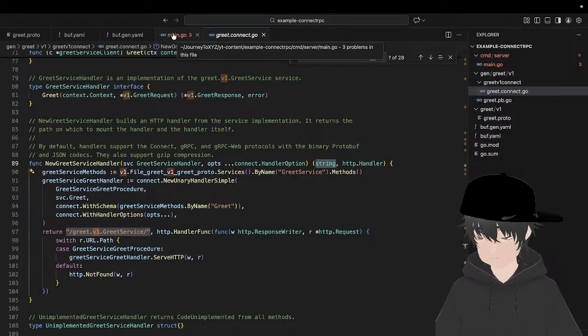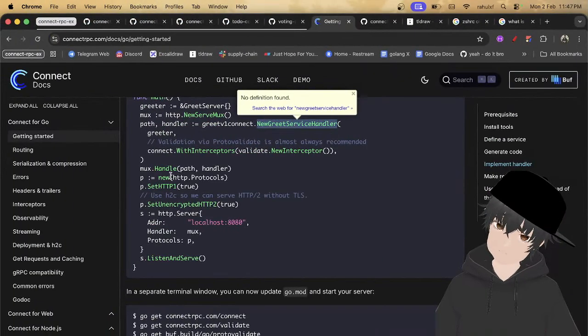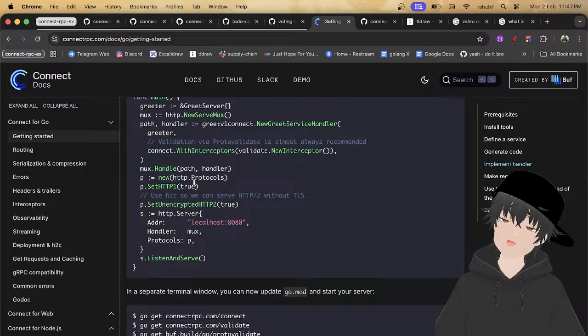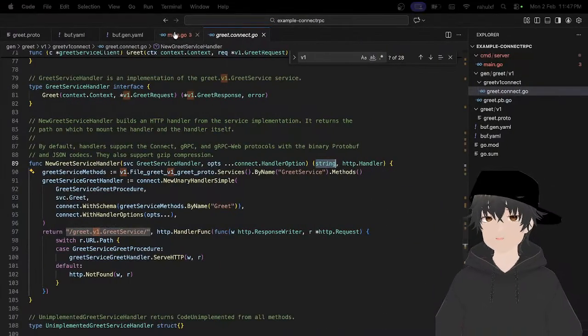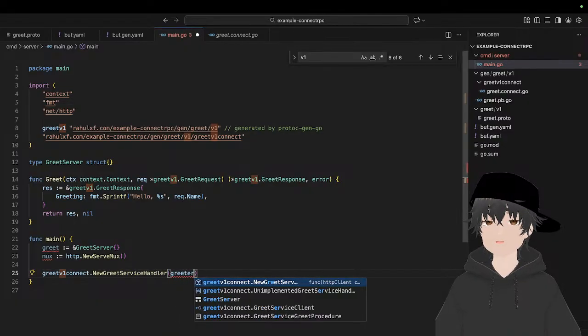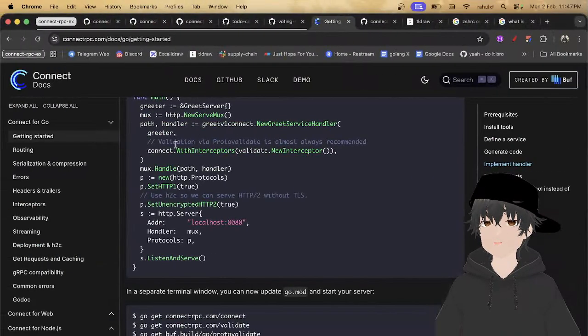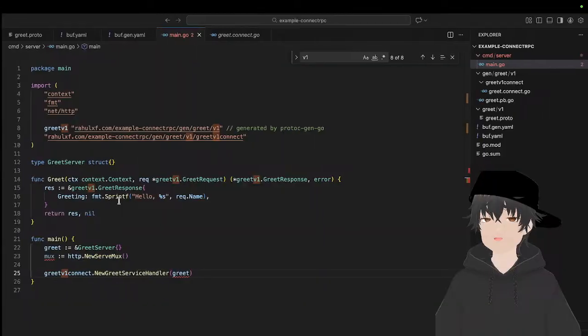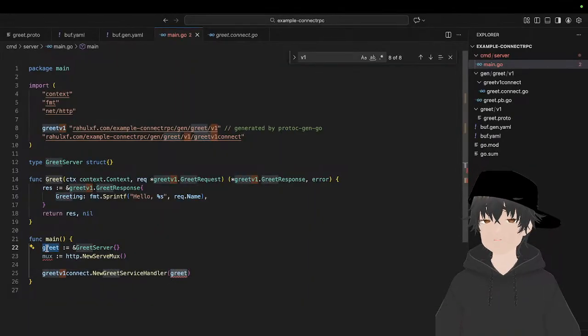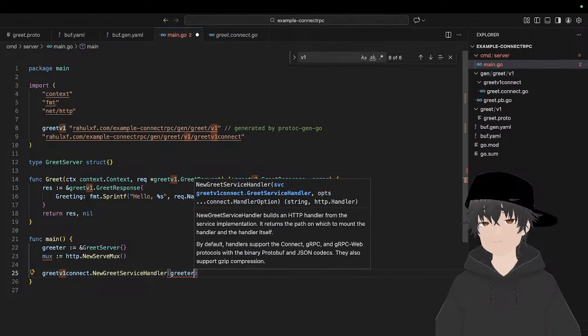Okay, which takes a greet service handler. So greet service handler is greeter. If it is a greeter or greet, I don't know. Greeter.